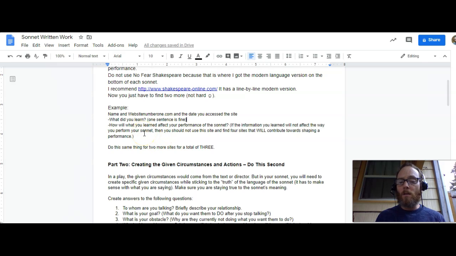And then, how will what you learned affect your performance of the sonnet? This is obviously the most important part of doing the research. If the information you learned will not affect the way you perform your sonnet, then this should not be one of your sites. You need to find, once upon a time I had 4, but I'm just making you do,